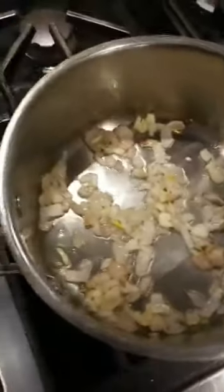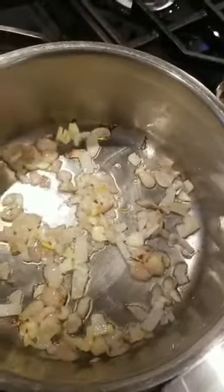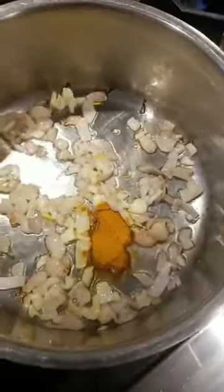Okay, so once those have kind of cooked and browned a little bit, you can start to add some of your spices. And the reason we add the spices to the oils is because it really helps to bring out the beneficial properties. So turmeric actually is better absorbed when it's kind of cooked in oils, and it's also better absorbed with black pepper. So just put a little bit of turmeric,